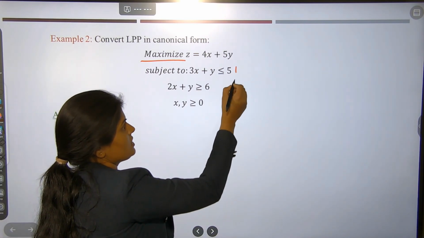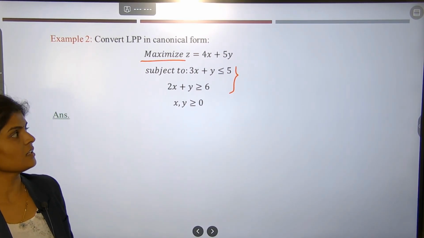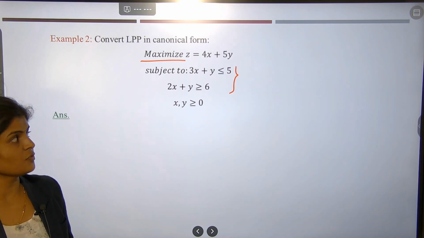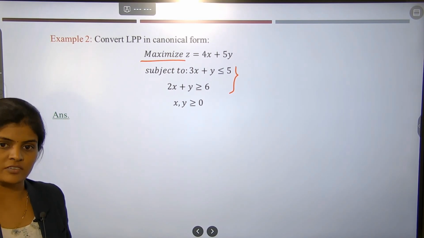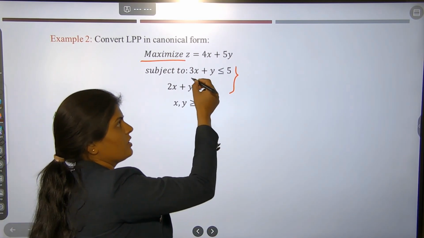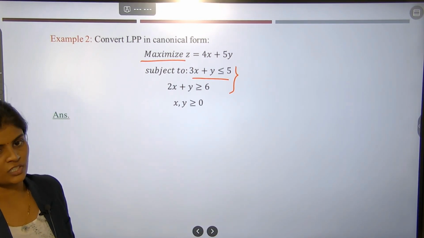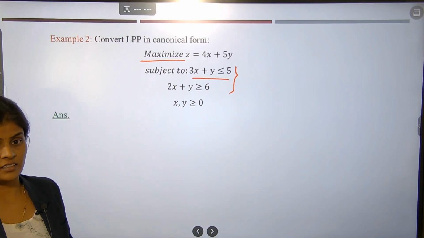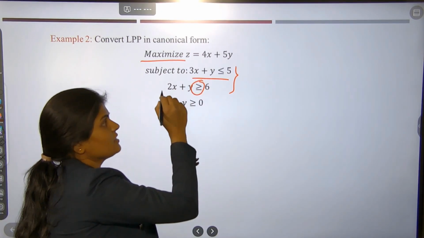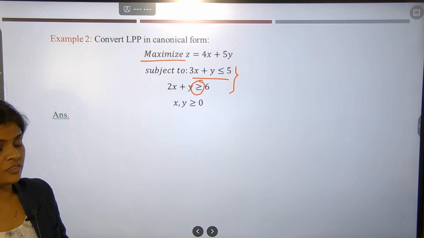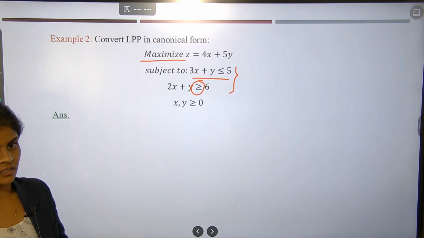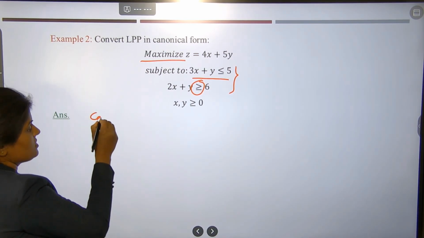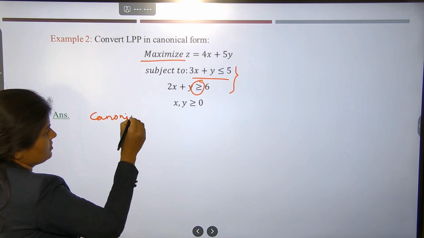Now for the constraints. In canonical form, we should convert the given constraints into less equal type. The first constraint is already of less equal type, so it remains as it is. But the second constraint is of greater equal type. So we convert this greater equal sign into less equal by multiplying by -1 throughout this inequality. So the canonical form of this LPP is